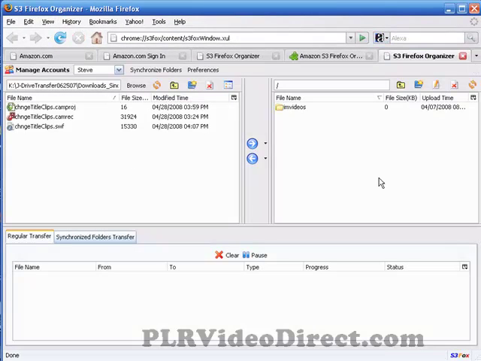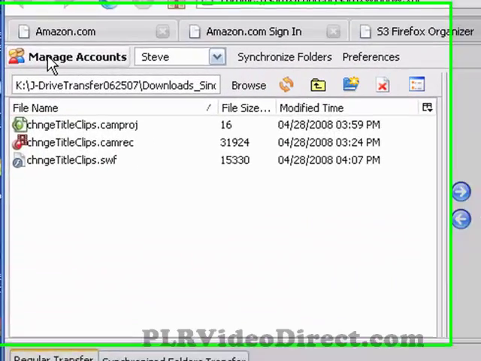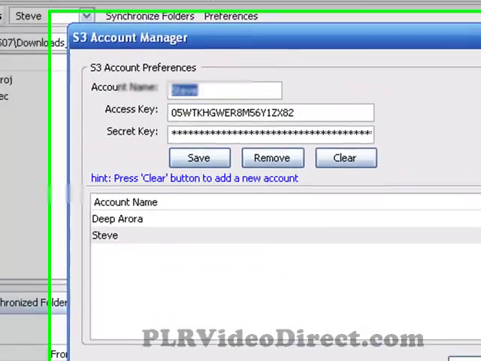And this looks more like the FTP client that I'm accustomed to. Now, once you're here, you're not going to have any of this stuff over here. This is the Amazon server, for lack of a better phrase. I guess that's what it would be called anyway. And this is my desktop here. So what you need to do first is up here under Manage Accounts, click on that, and you'll